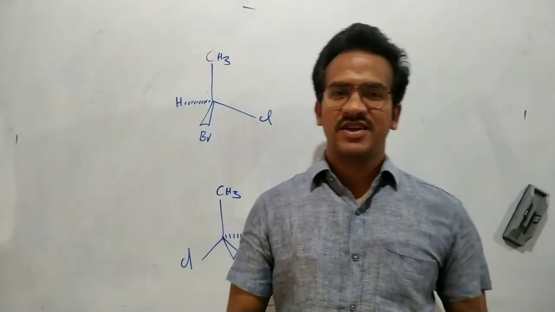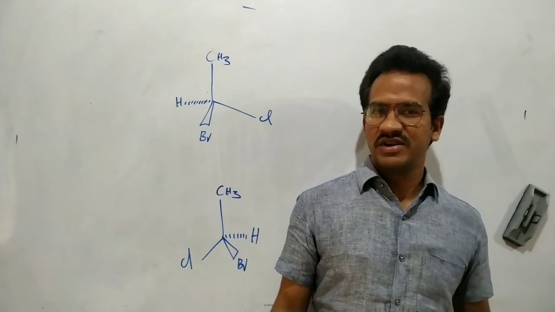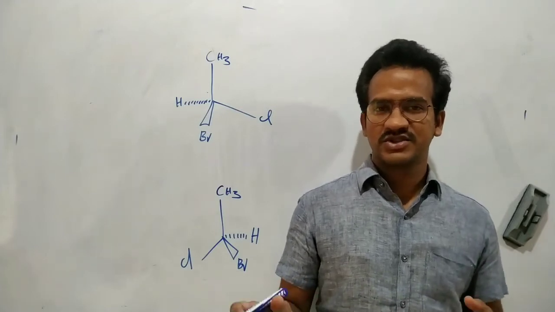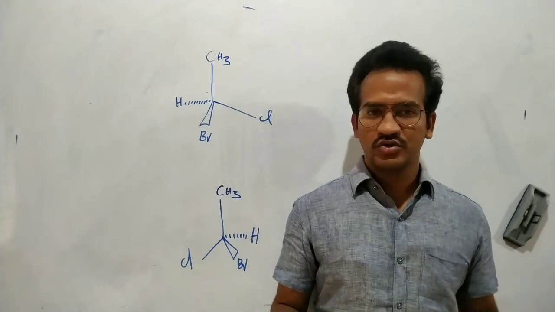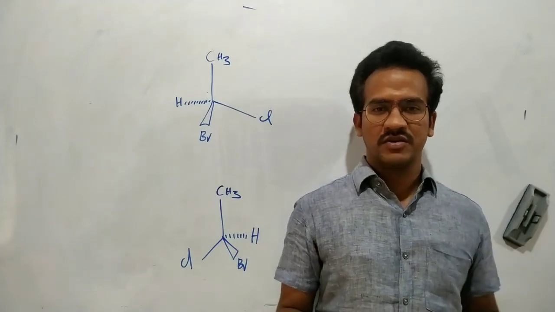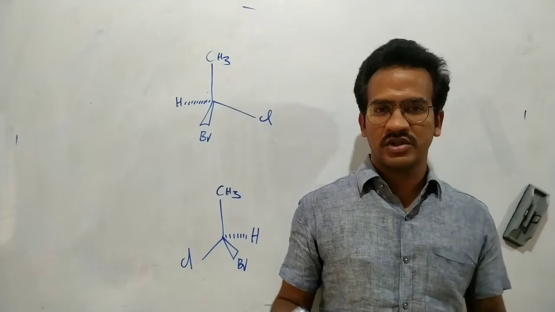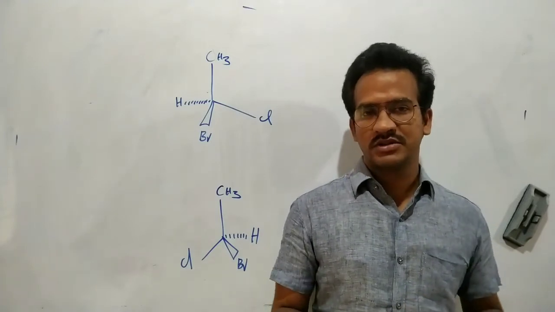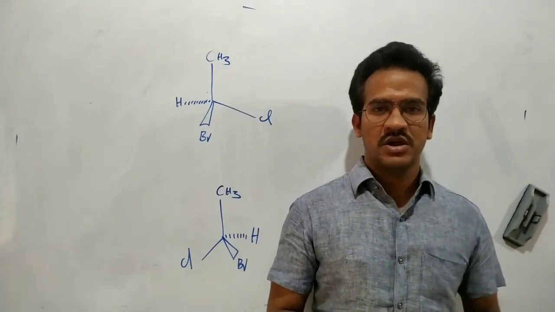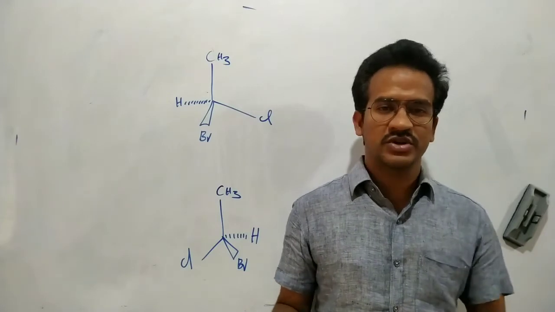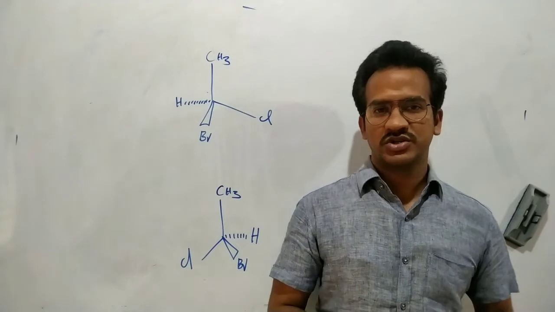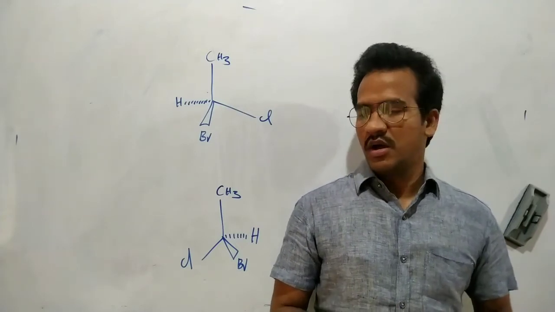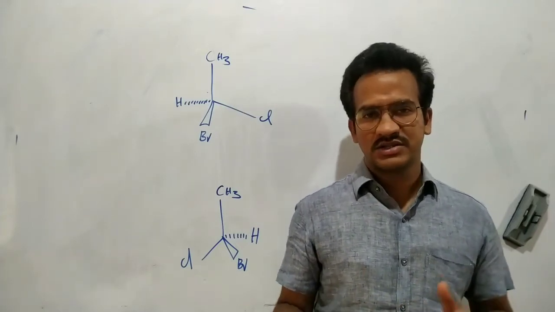Hello students, here I am going to discuss one important concept from stereochemistry. It is nothing but conversion. How to convert the wedge-dash projection formula to the Fischer projection formula, that means a 3D structure to a 2D structure, and Fischer projection to Newman projection or sawhorse projection, and sawhorse projection to Fischer projection. So all of these conversions I will discuss here.